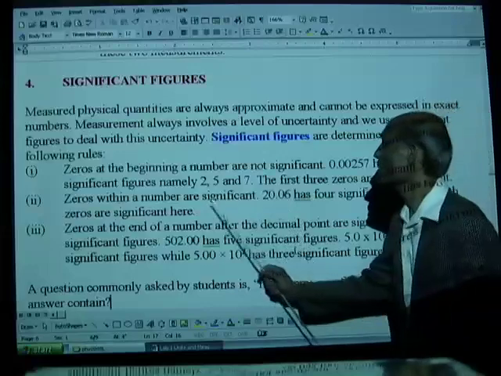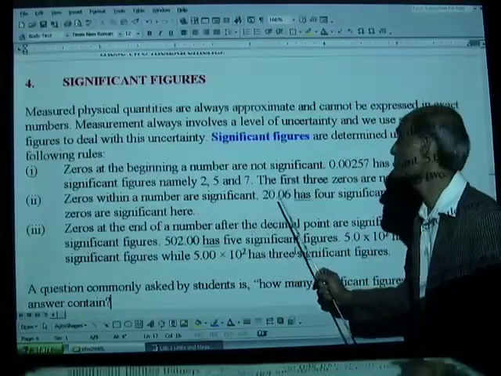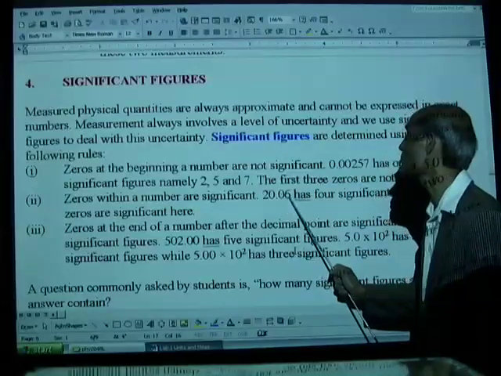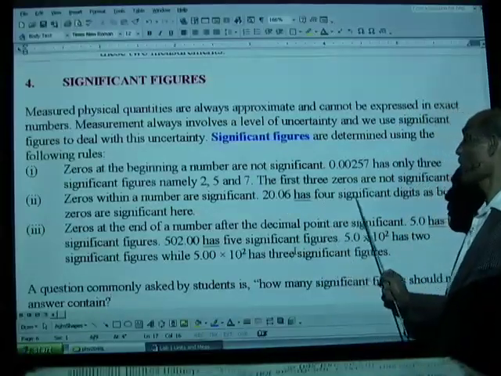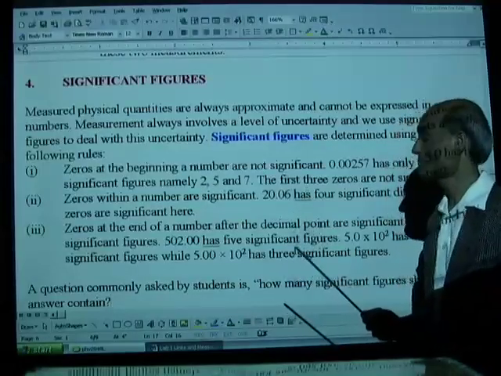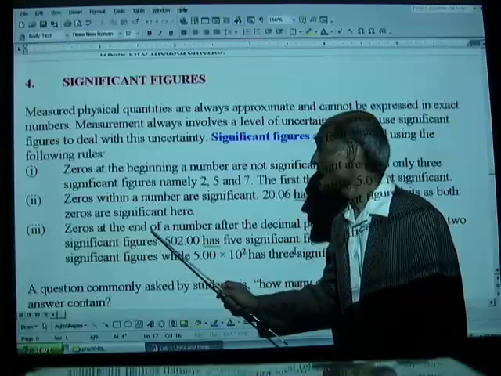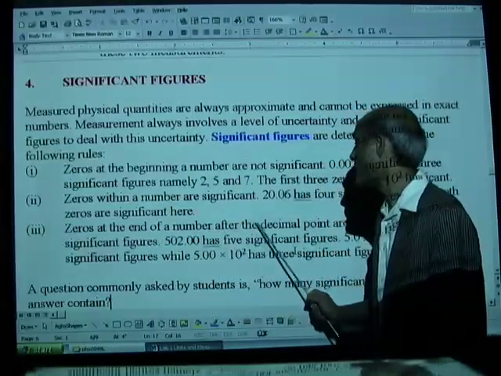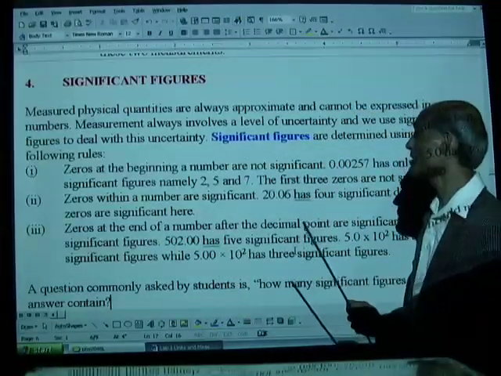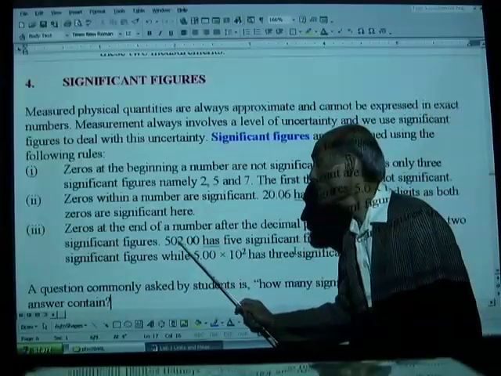Now, how about this? Zeros within a number are significant. 20.06 has 4 significant figures. All these are significant. And rule number 3, zeros at the end of a number after the decimal point are significant. For example,